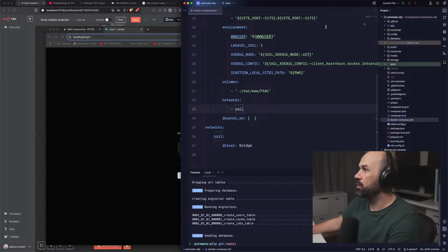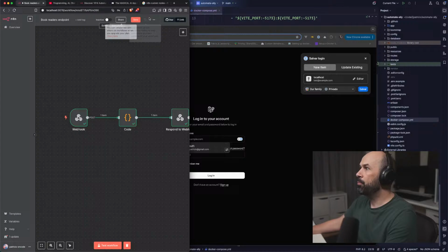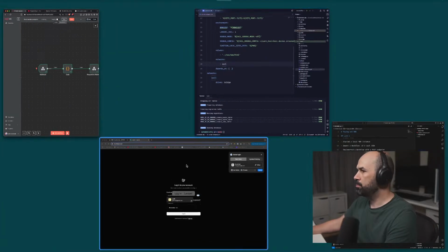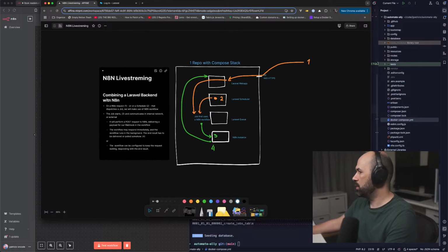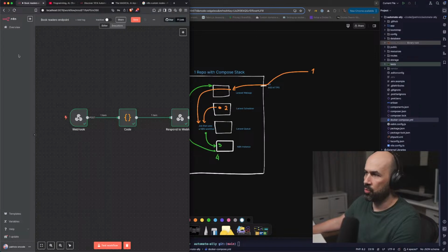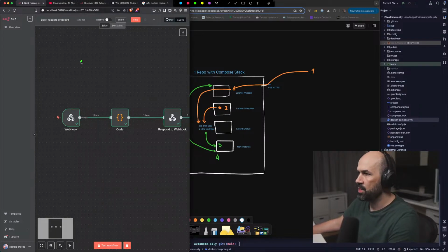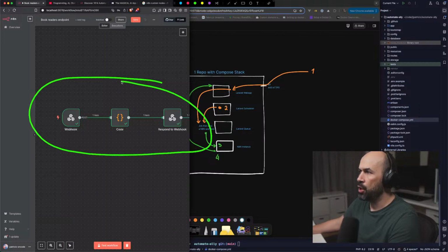Let me show you the exact moment we are right now. So, let me show you something else before. This is a node that we do with no code. This tool is called N8N.